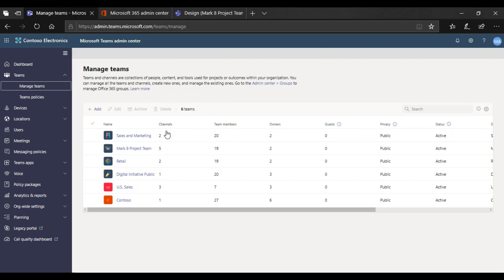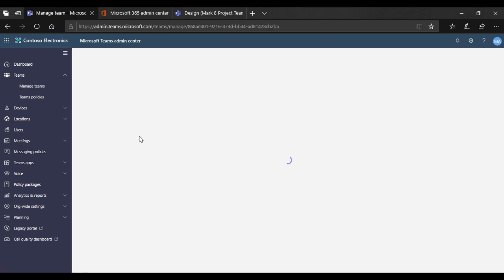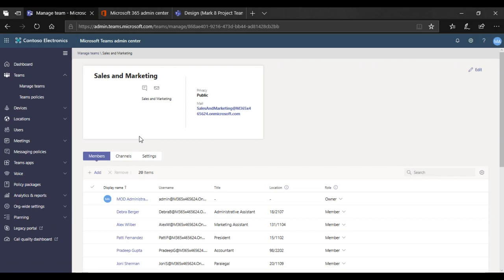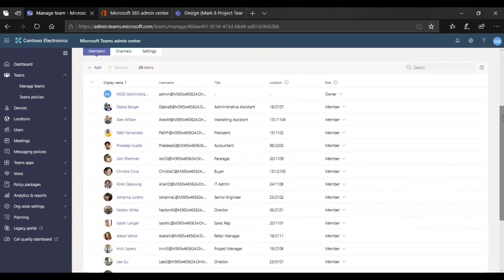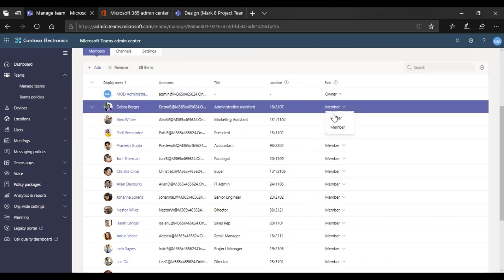So as an example, if I click here on sales and marketing, I can have a look at what's involved. The first thing I'll see is sales and marketing, its privacy is public, as well as its email address. And what I'll be able to see is the list of users in this channel, in this Teams. I can see how many owners there are, how many members, and if I like, I can add new owners,